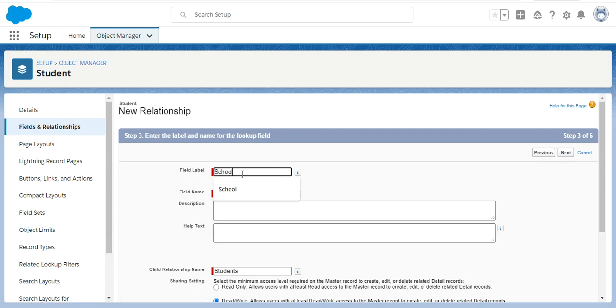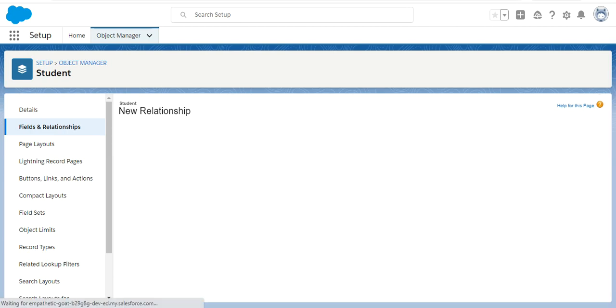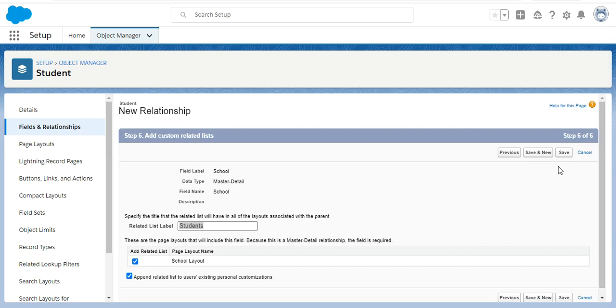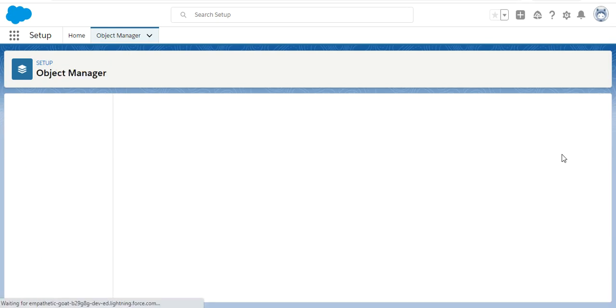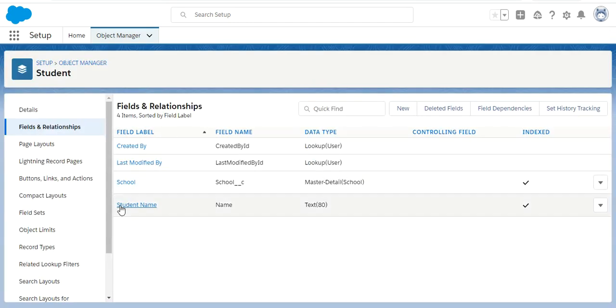Here it's giving the name School. If you want to change the name, you can, otherwise just leave it as is. And here you can see the child relationship name. The child object is student and the parent object is school. Now click on Next, and here we can just save this. Okay, so our master detail relationship has been created.